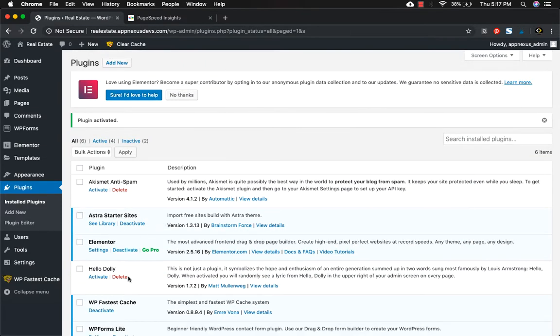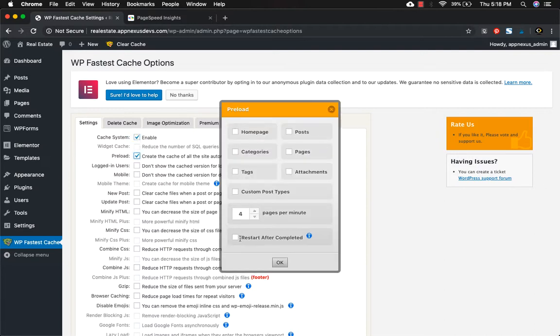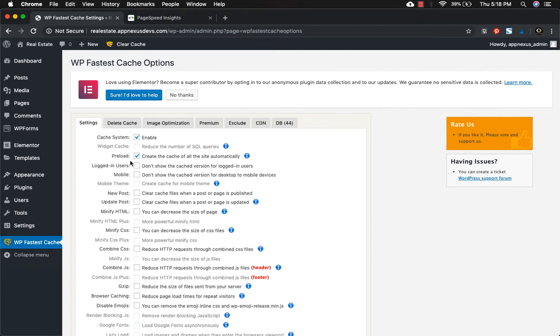Okay, so once I've activated, we'll be seeing this entry in your dashboard menu. Let's go to this menu. So let's enable it, and I would recommend checking almost all the checkboxes, as these are the various methods to improve your page speed. Okay,